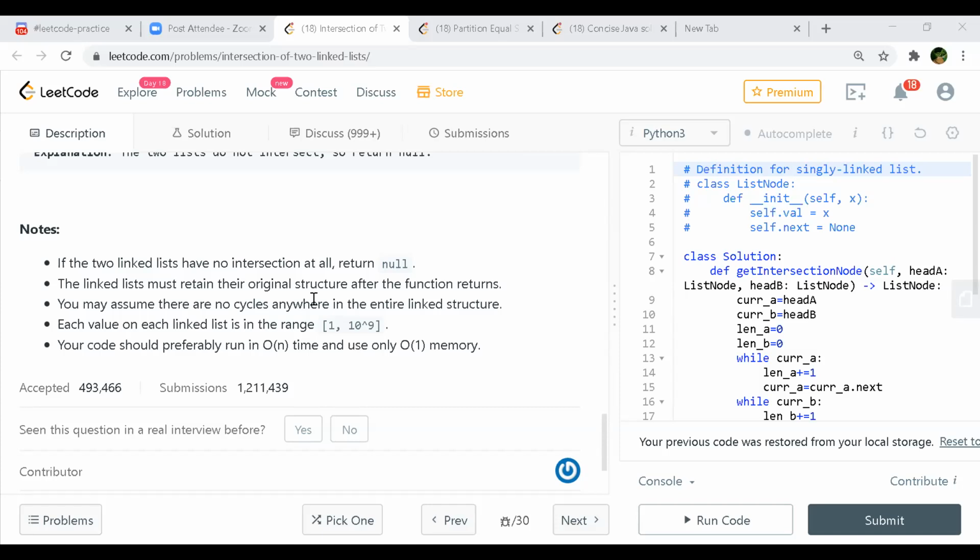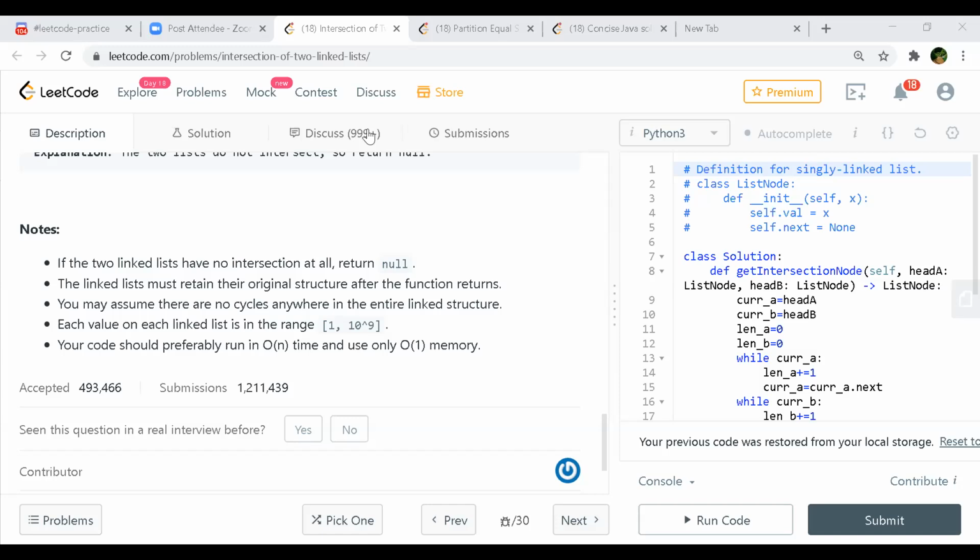And then your code should run with O of n. So actually the last point, your code should run preferably in O of n time, is always the case with linked lists, right? You usually do it in O of n. Mostly, most of the times. Rarely we have seen O of n squared. Yeah, I mean, almost. That is what I think. Maybe I'm wrong though. Sorting might take.